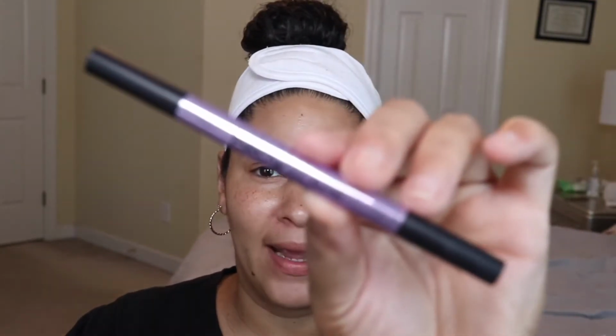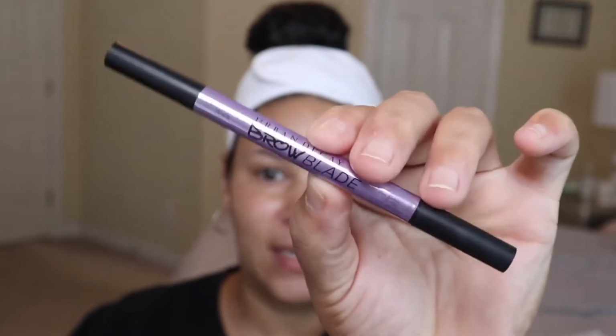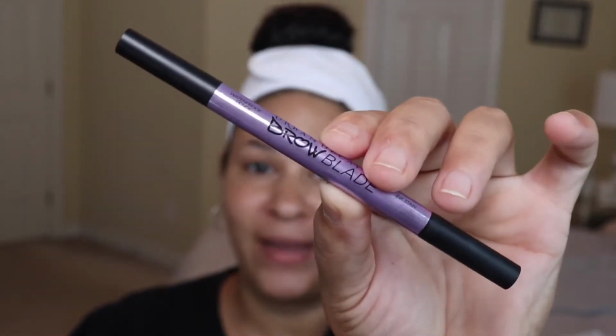Alright guys, to start out with, I'm going to do my brows with the Urban Decay brow blade. This is something new that I've recently picked up and I have been loving it. It comes with two different sides. One is a pencil and one is a felt tip. And let me just tell you, if you've not tried it,